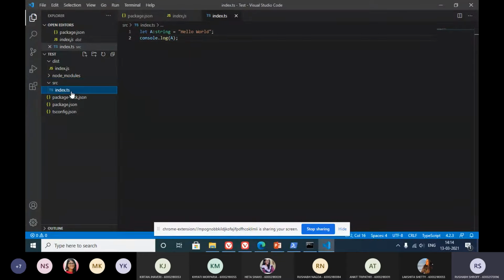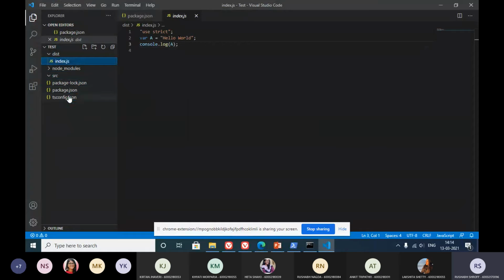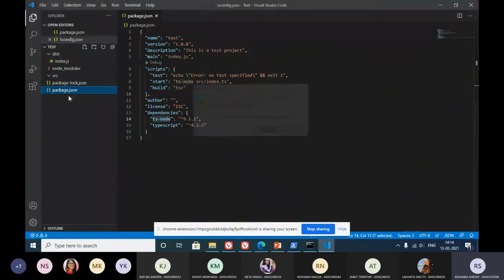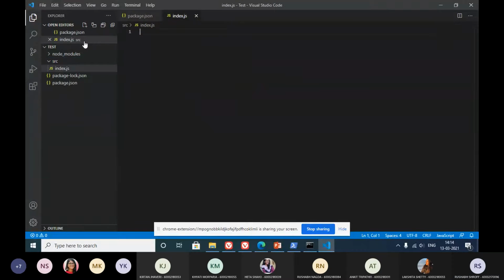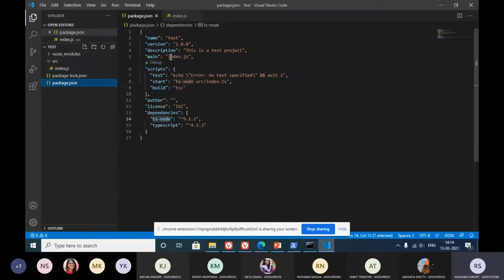So what we'll do is just delete this and delete our configuration file, and create a simple index file inside our src folder and change our entry point to src/index.js.